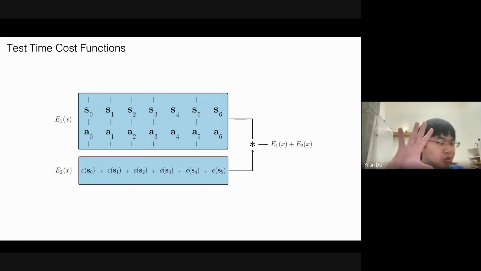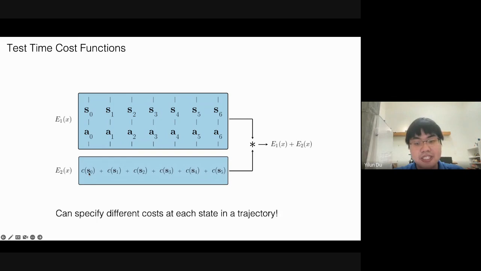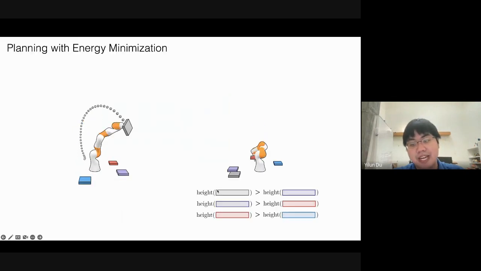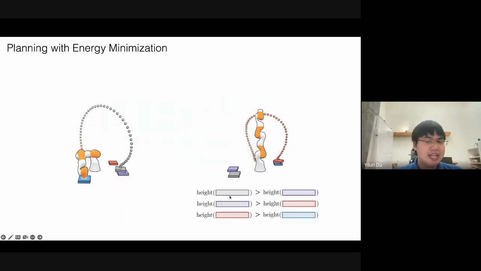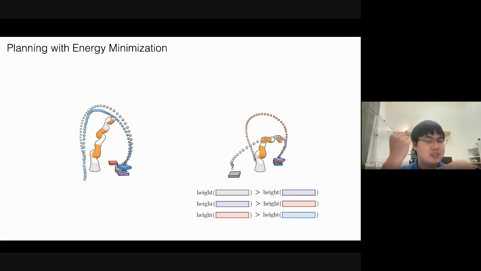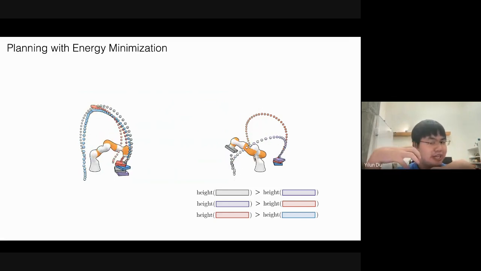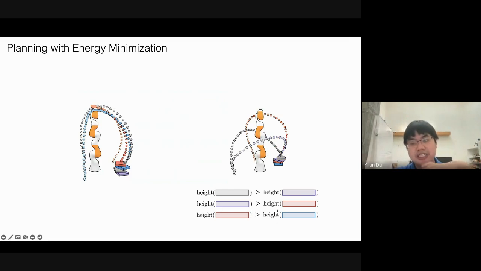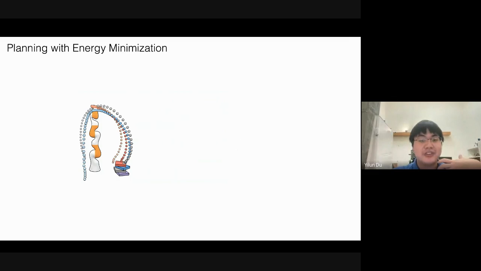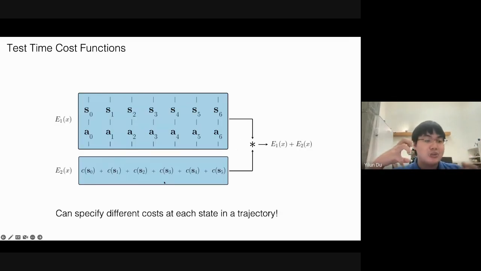So although you use different test functions depending on the behavior you want at test time, this is just a very lightweight model. In this case, if I want to do block stacking, I just specify these 3 blocks that I want to stack. So this is more of a task specification. You don't actually really need to train this. In this case, this is not trained. This is handcrafted. But you can imagine these energy functions are essentially ways to bias this large unconditional energy function to generate the trajectories you would like. So there's actually not that much learning, and this learning is very cheap.